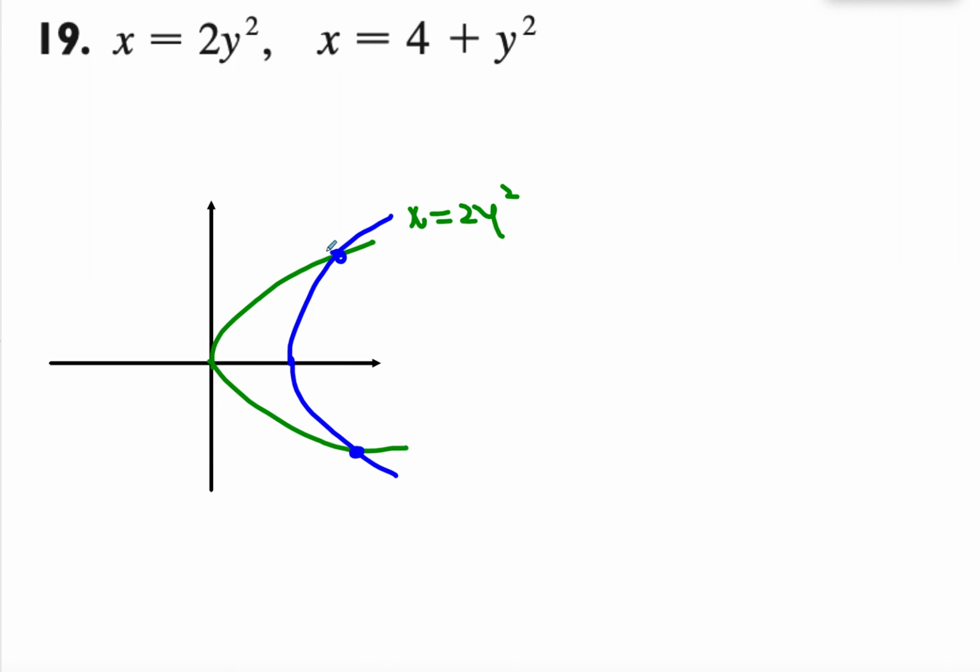Once again, what we need to do is figure out the intersections. We will do that by setting them equal to each other. So we have 2y squared is equal to 4 plus y squared. So when you subtract y squared, we get y squared equals 4. Hence y equals plus or minus